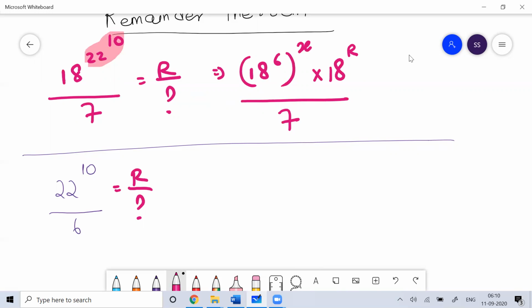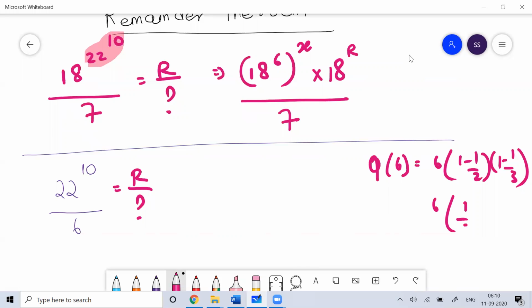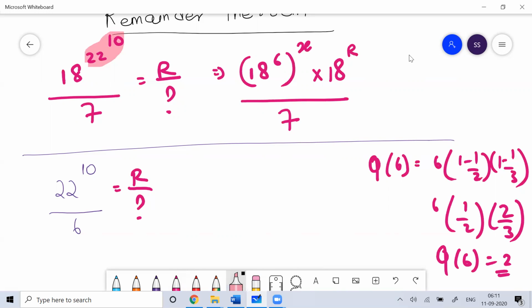So what is the Gaussian number of 6? 6 is 2 into 3. So the Gaussian number of 6 would be 6 into 1 minus 1 by 2 into 1 minus 1 by 3. So I can write 6 into 1 by 2 into 2 by 3, so the Gaussian number of 6 would be 2. But again, whenever we apply Euler's theorem, the numbers should be co-prime to each other, but they are not co-prime to each other. So what I will do in one minute,